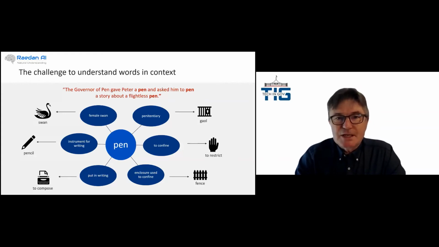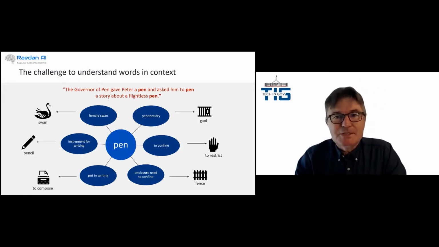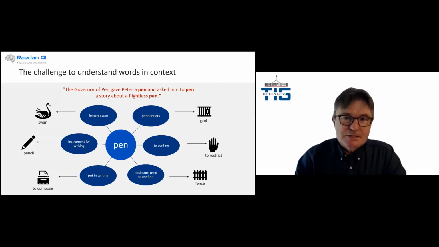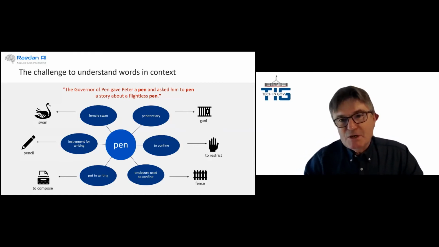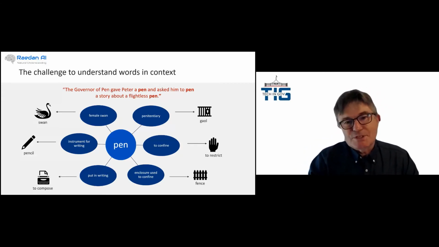To quickly understand that sentence, you have to know that a pen is a female swan, the writing implement is a pen, and to pen is to write a document. It's something we learn at school over time, in great detail, and it's very hard to mimic and produce statistically.